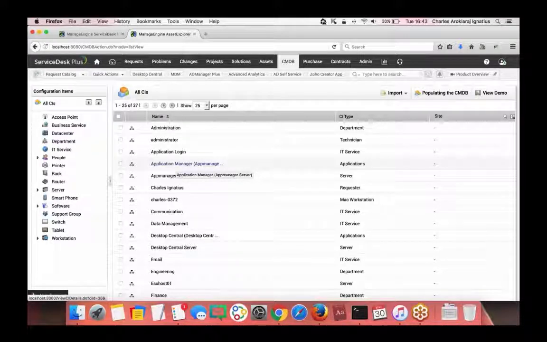Or otherwise, at least you can start bringing your application ecosystem into ServiceDesk Plus, like what I have done, so that whenever you make a change to any particular CI in the network, you'll be able to identify which application is going to be impacted, and based on that, the analysis can be submitted. So when I go into admin,